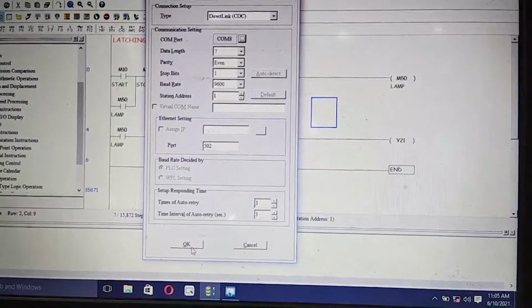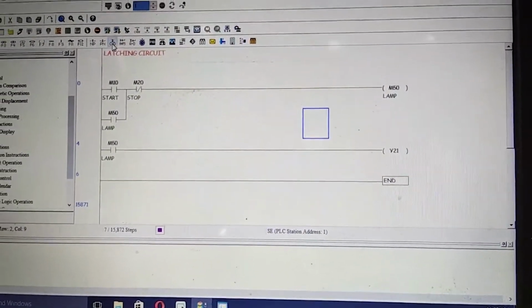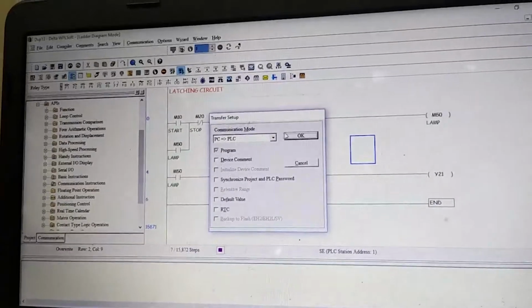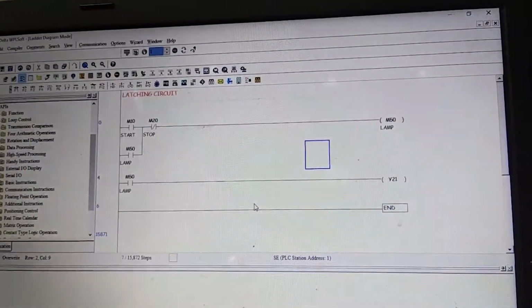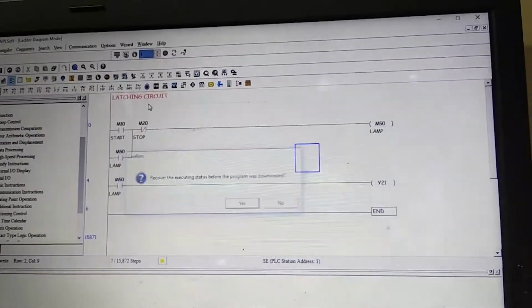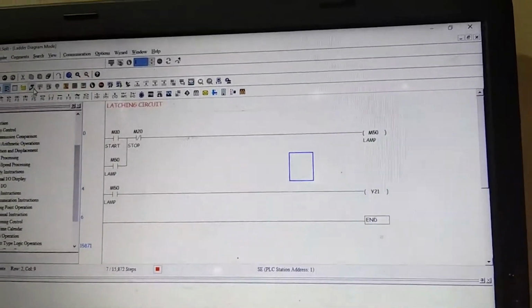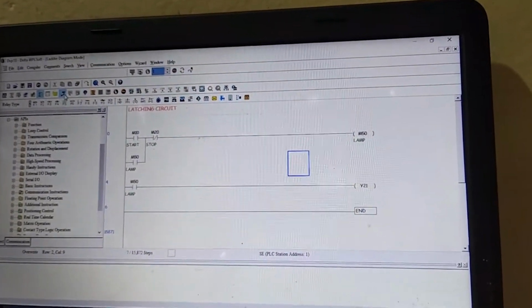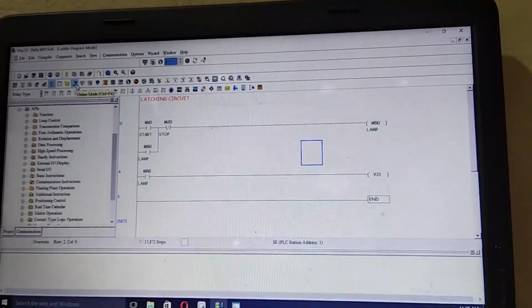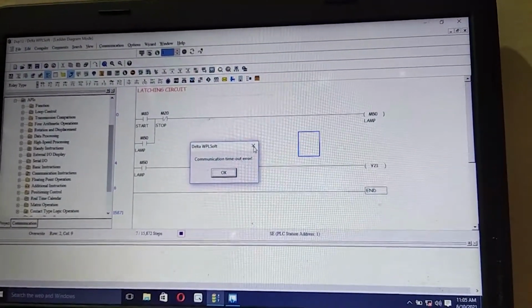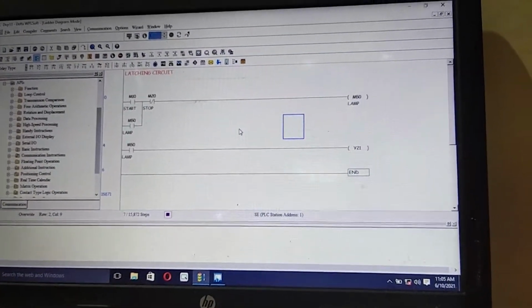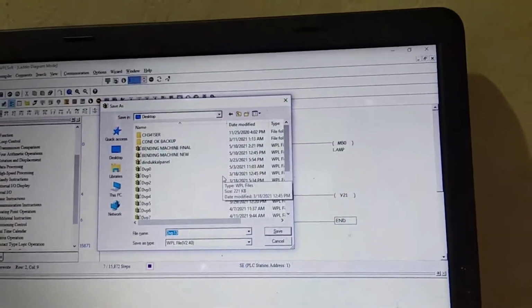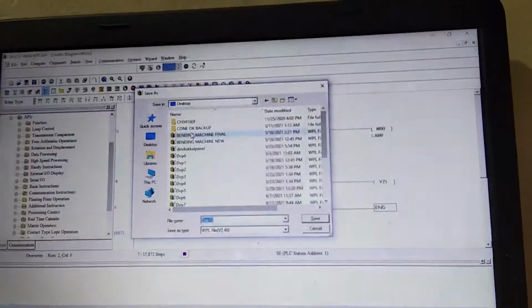I just check the communications. If there's a communication timeout, you need to close the program and open it again. I named it DBB 13 on the desktop.